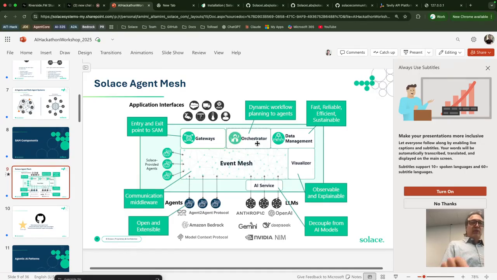So the orchestrator, back to your question about conflicts, is going to make the best decision that it can based on the agents that it has available to it. Like I was saying before, all of the agents will start advertising themselves once they come online. They say, I'm a web search agent, I'm any type of agent. And the orchestrator will look at that list of agents that it has, look at the request that comes in, and then come up with a plan.